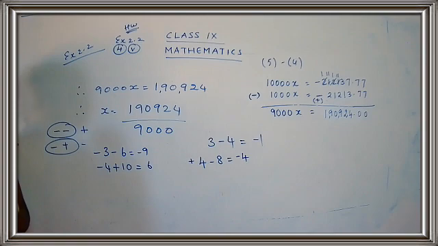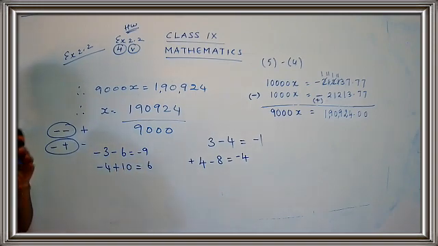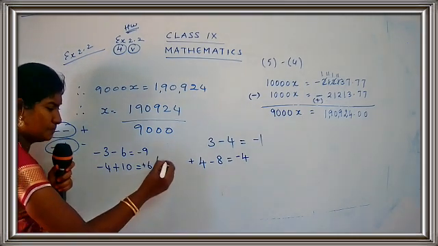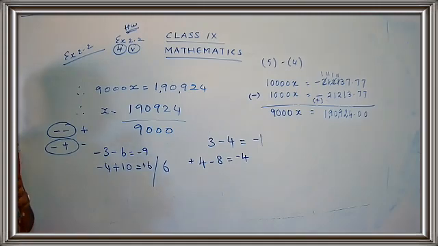I got the answer. 10 minus 4 is 6. Okay, work is done. Now one more thing is left. We have to see the sign of the bigger number. What is the bigger number here? 10. What is the sign of 10? Plus. So no need to put any sign. You can just put plus 6, or we can say simply 6. One and the same. Clear, children? Are you clear with the integers?